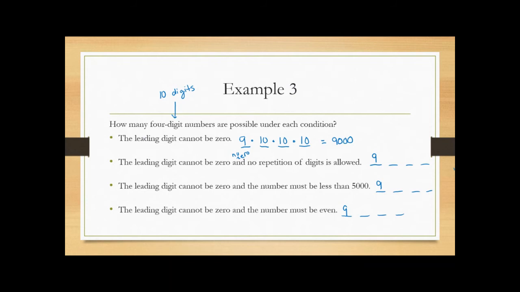Now the second condition here, we have the leading digit cannot be 0 and no repetition of digits is allowed. That means once you've picked a number, you can't use it again. So the leading digit can't be 0, so I have my 9 choices, and the second number I can choose anything,